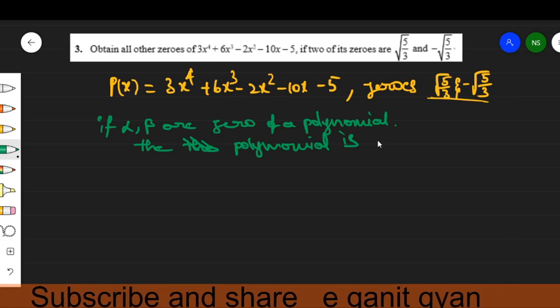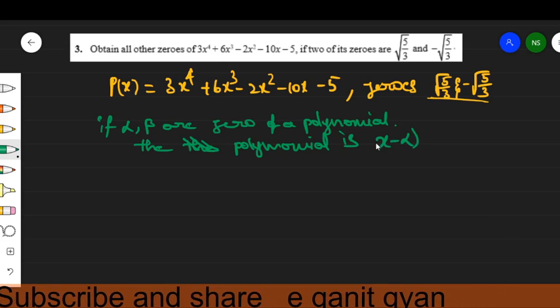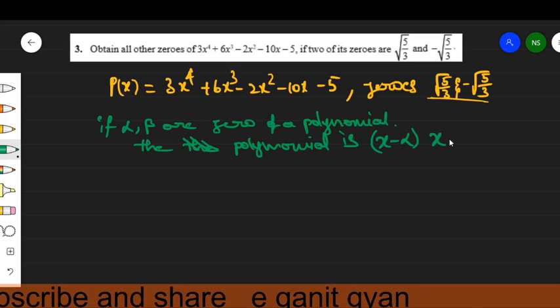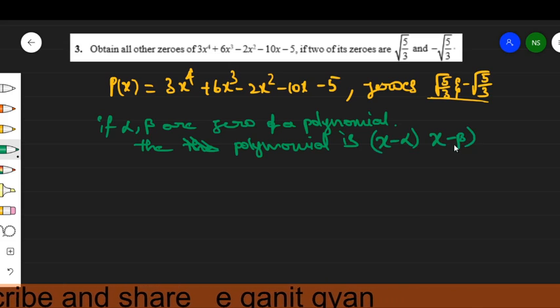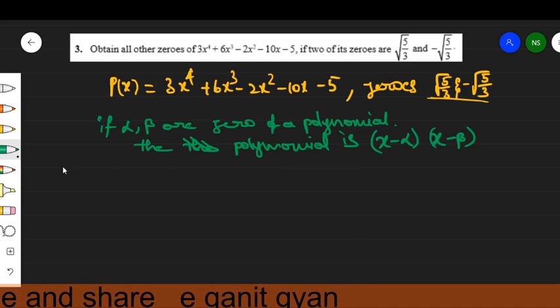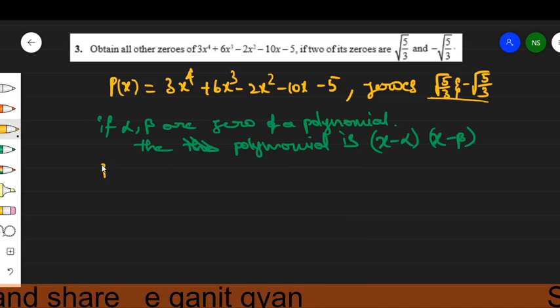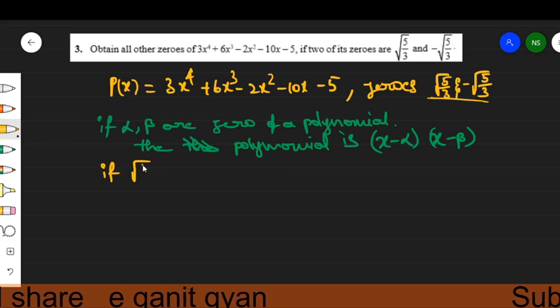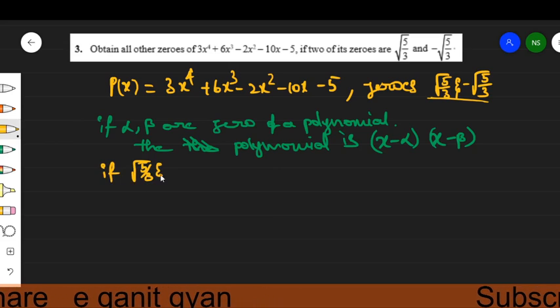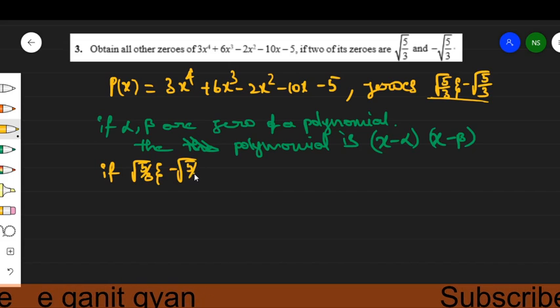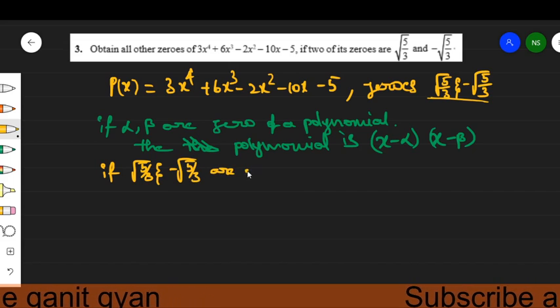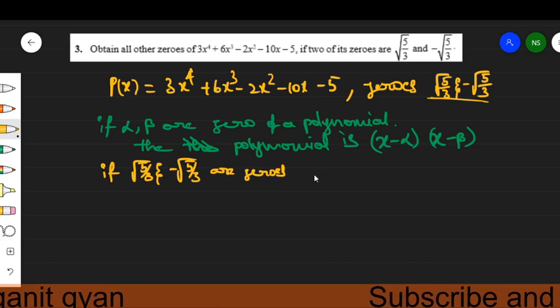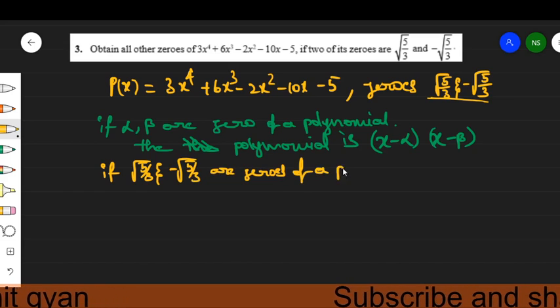If we know the zeros, we will find the polynomial just by multiplying x minus alpha into x minus beta. In the same manner, I can write here, if root 5 by 3 and minus root 5 by 3 are zeros of a polynomial,